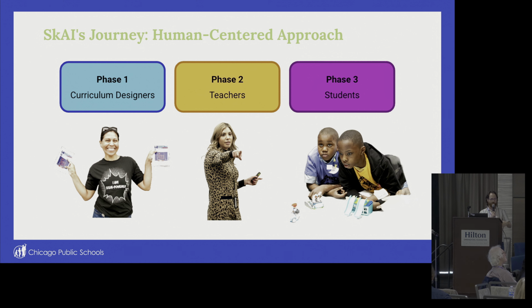We believe that if we're successful in this work, it can then inform tools that would serve our teachers in phase 2 and then our students in phase 3. But we're very intentionally thinking about kind of impact and risk and safety. And so we're starting not with 25,000 students, but with 25 very specific designers that we want to support.